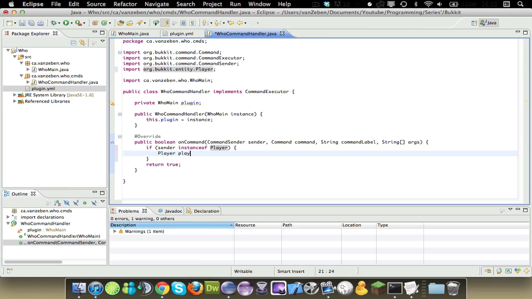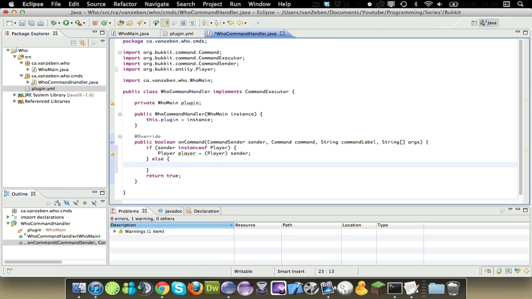So then we're going to do some casting, and I did casting in a video with integers, but this is casting an object to another object. Okay, so we're going to cast the sender to the Player object, like that. This is saying the sender is a player, so treat it as a player. So now we have a player object that still is the sender, but it's got some more information on it for us. And then down here we're going to do else, and this one we're just going to do